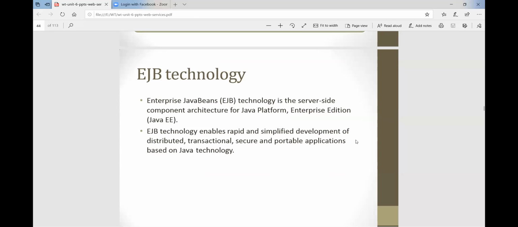Whenever you install the Eclipse editor, many versions are there. For example, the Eclipse Java EE version, Eclipse Editor Java Enterprise Edition, is used for EJB and all such technologies. The latest technology we can run on that platform.